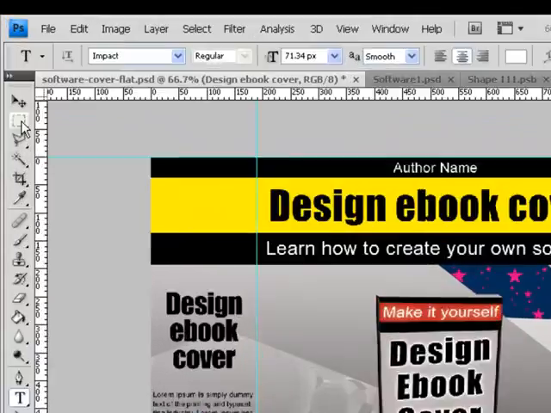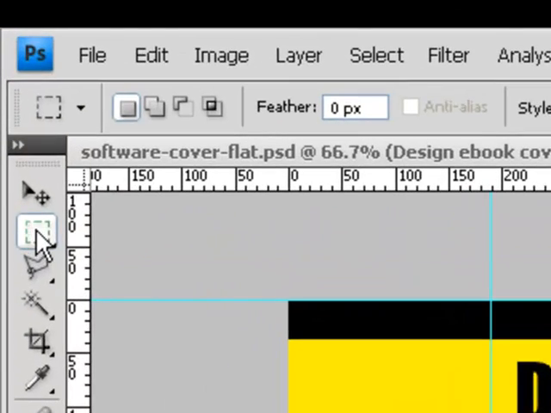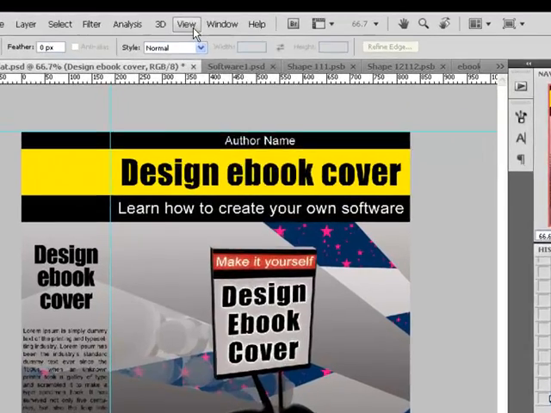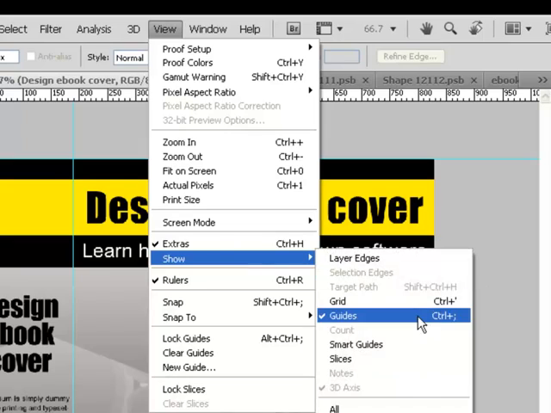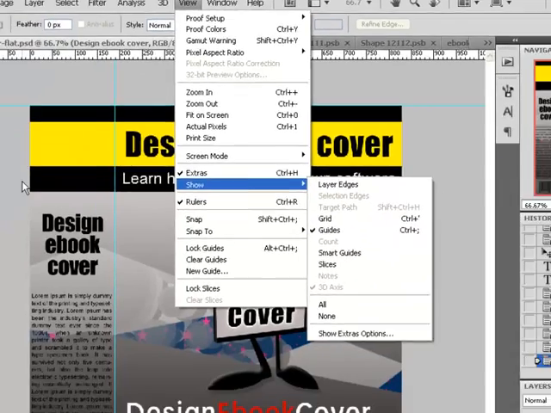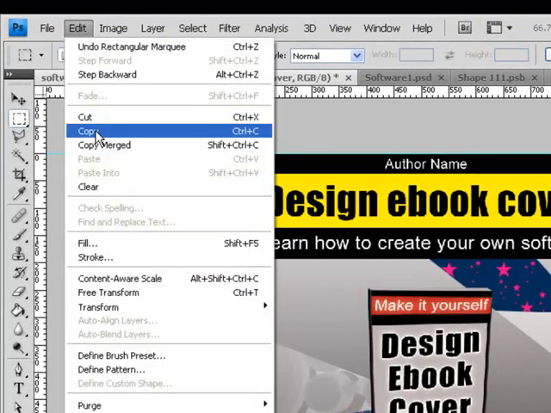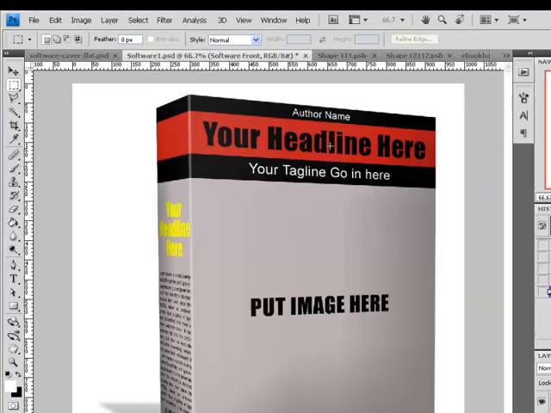You can copy the left side by choosing the rectangle marquee tool. You can tell where the left side ends using the guideline. If you don't see the guideline, you can go to View, Show and put a check on Guides. Now select the left side, copy it by going to Edit, Copy, go to Software 1 PSD file,